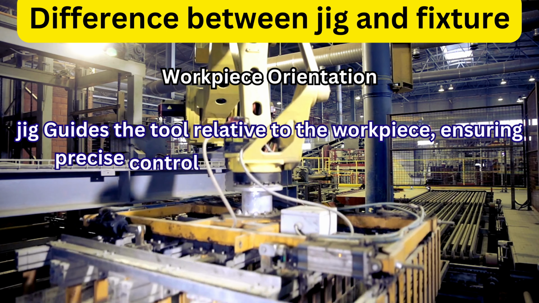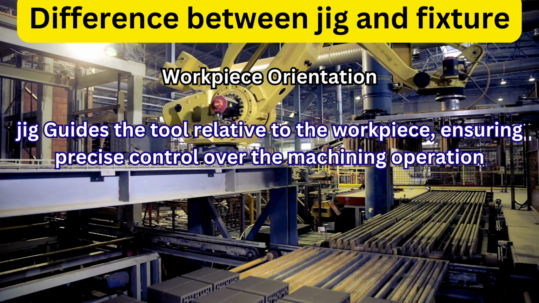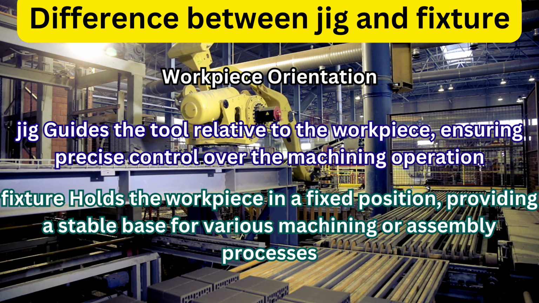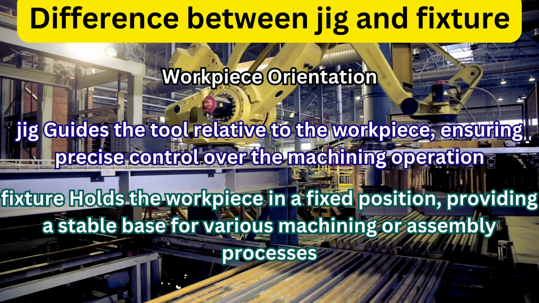Workpiece orientation: A jig guides the tool relative to the workpiece, ensuring precise control over the machining operation. A fixture holds the workpiece in a fixed position, providing